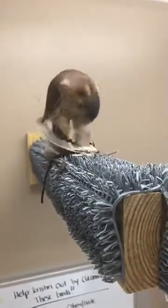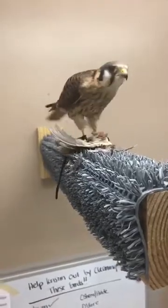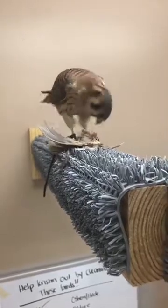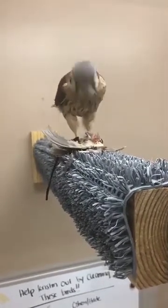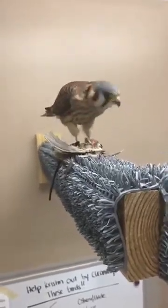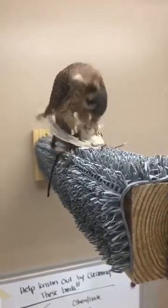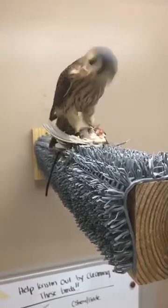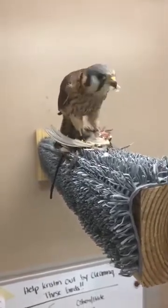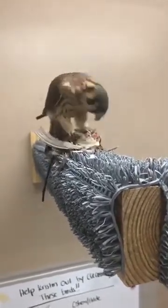We do only have 5 staff members for 90 birds. That is a lot of birds to take care of. And we do run out of enrichment really quickly. So any donation of enrichment would be really appreciated. Starting next week, we will have enrichment worksheets that you guys can pull up yourselves, and it gives step-by-step instructions on how to make different enrichment items. And you can do something as simple as making the paper balls, or you can make something a little bit more complicated, like a